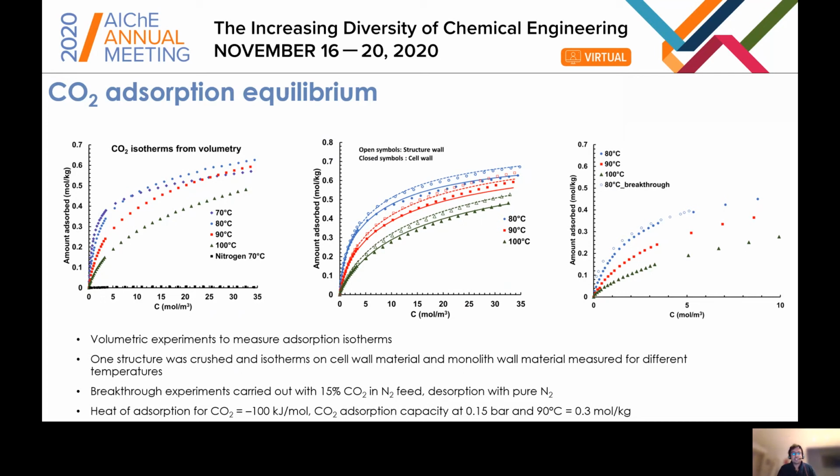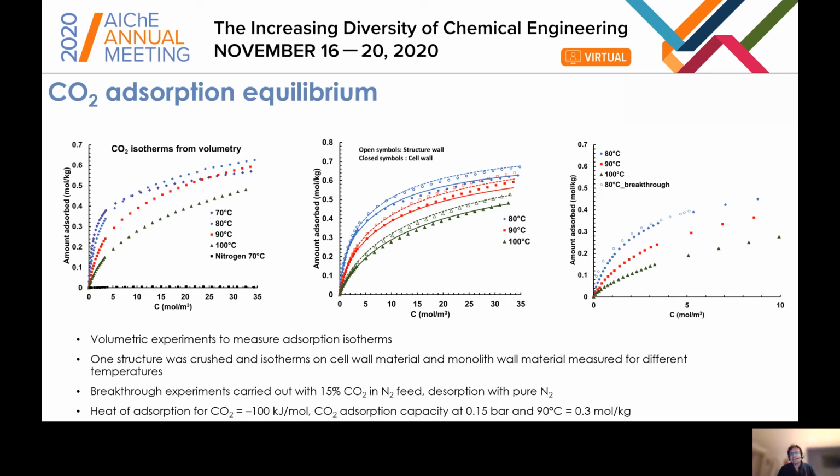The graph on the left shows the CO2 and nitrogen adsorption. And if you observe the graph, we can clearly see that nitrogen adsorption is negligible in this sample. The CO2 adsorption isotherms show a typical pattern that you can relate to supported amine sorbents. And here you can see that the CO2 adsorption at 70 degrees is less than that at 80 and 90 degrees at higher concentrations. This is probably due to the fact that the adsorption kinetics is lower at 70 degrees than at 80 or 90 degrees Celsius.